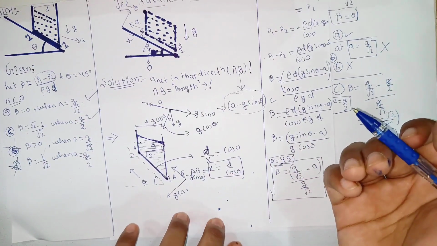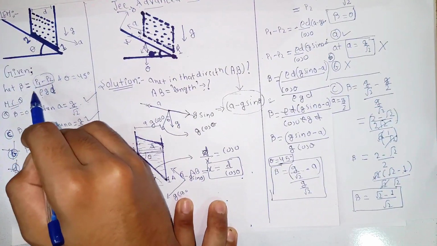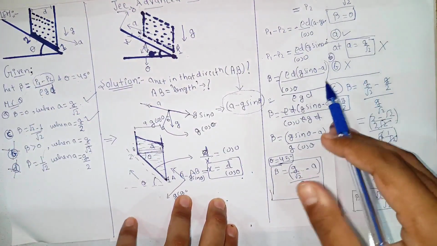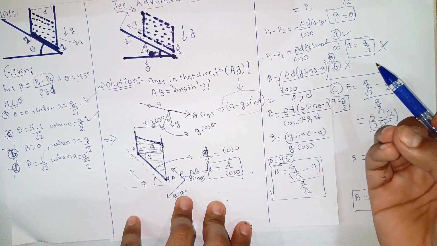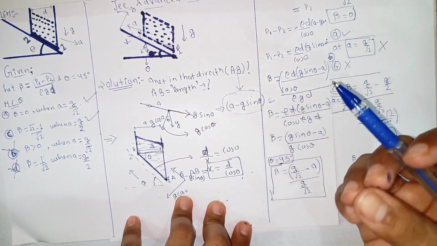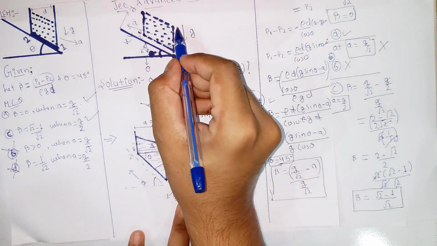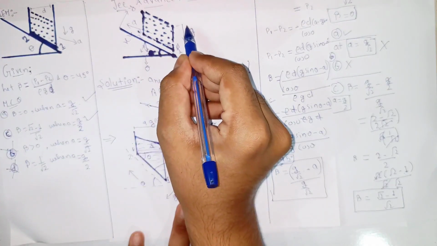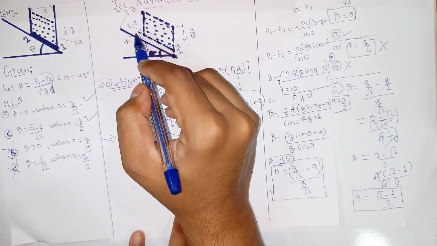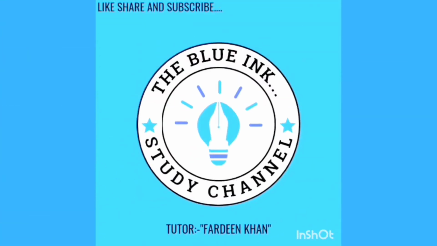So the main thing that we have to find in this question is the pressure difference. So we have evaluated this pressure difference. The problem might be a bit difficult for those who try to find the pressure difference by other ways. I have already told you, you can travel along this direction as well, or you can travel along the net acceleration direction.